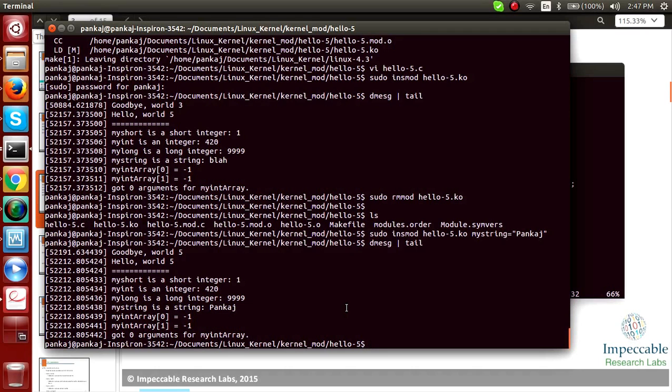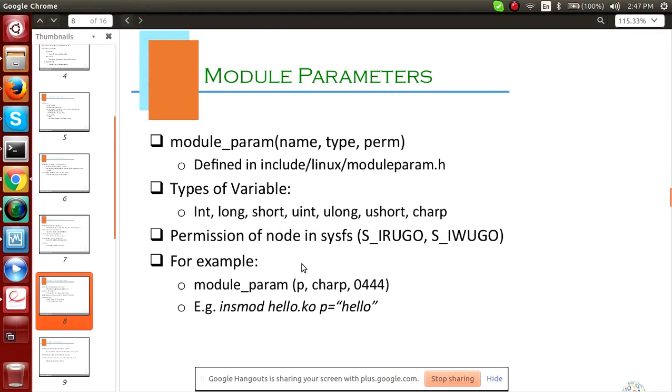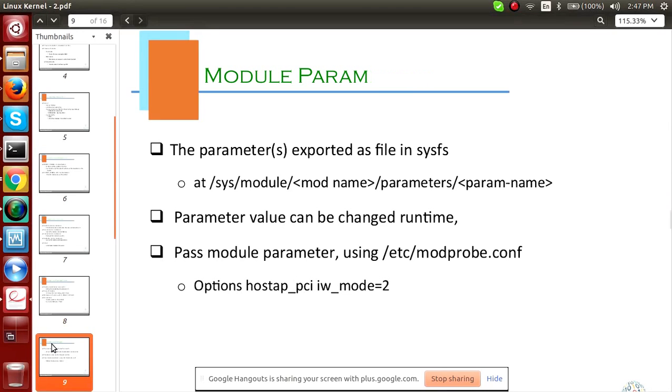You can also give it in an etc file. You can make an entry in the etc file, and whenever you load the module it will read that file and take the module parameters from there. That file is etc modprobe.conf.